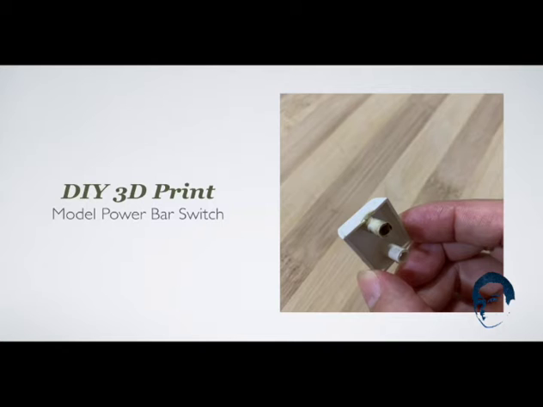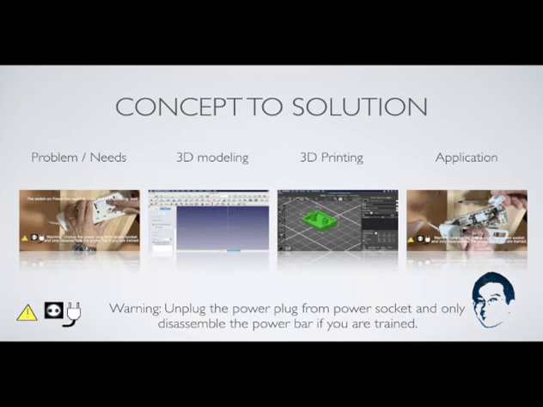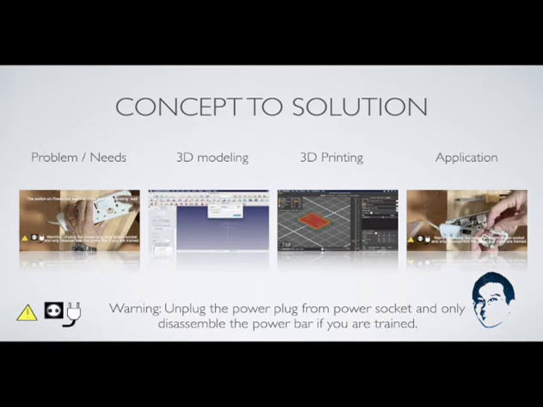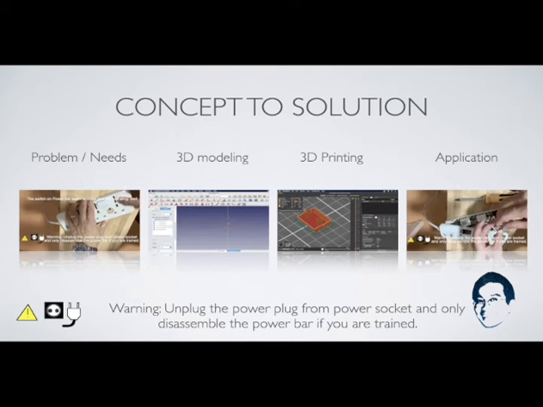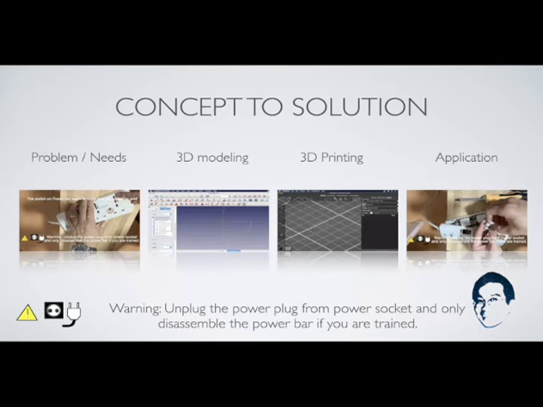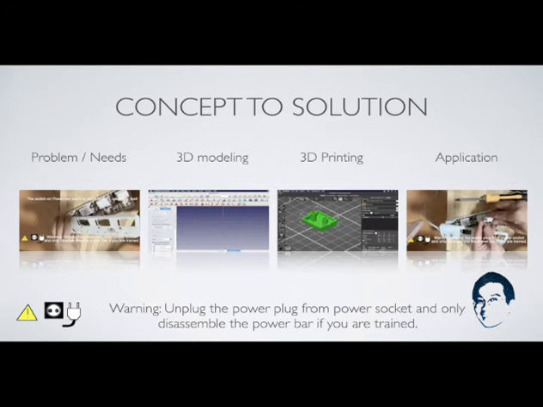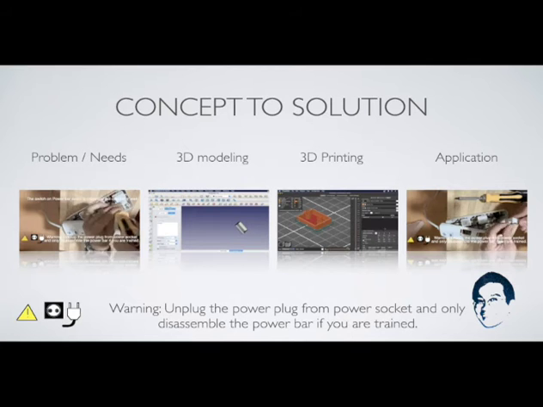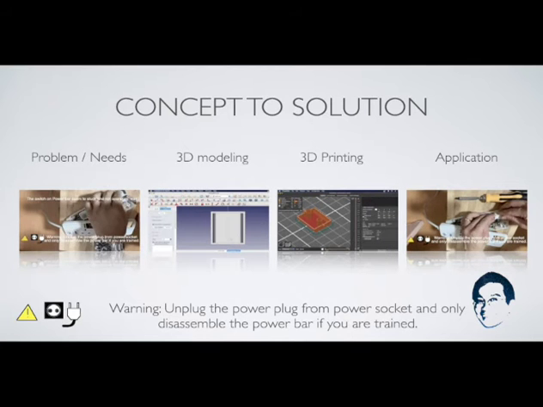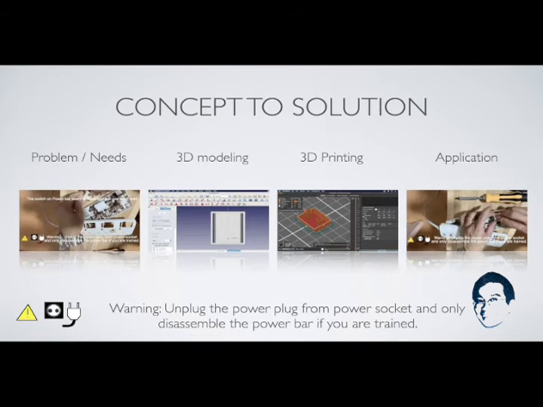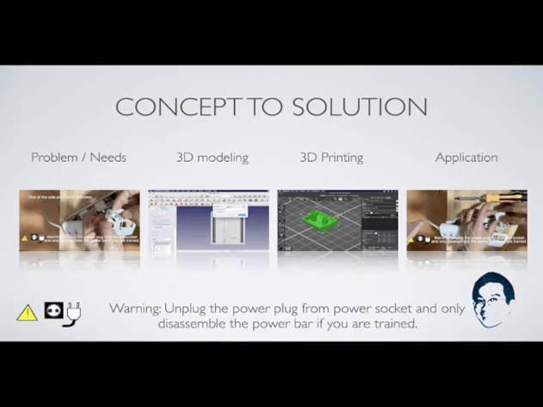In this video, I'm going to touch on how to model a power bar switch as the switch pivot point breaks due to usage. Most power bars get hot when loaded. The heat could cause the switch pivot point to weaken and break over time, which is what I found in this particular power bar. When the switch pivot point is broken, it means you cannot switch it on or off, which makes it unsafe to use.